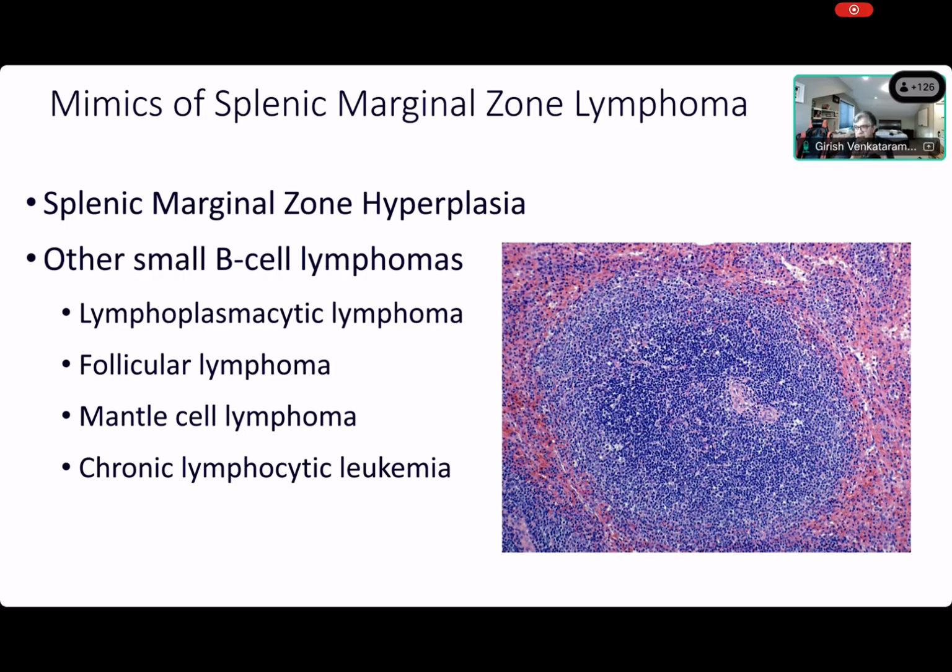That's about the only thing I can say. And the only thing I can say looking at the white pulp is it looks like the tripartite distinction is dissolved. So this could be anything, right? It could be follicular lymphoma. It could even be a CLL for that matter, but CLL presenting as a primary nodule in the white pulp, it could still be a marginal zone lymphoma. That would be my differential there.